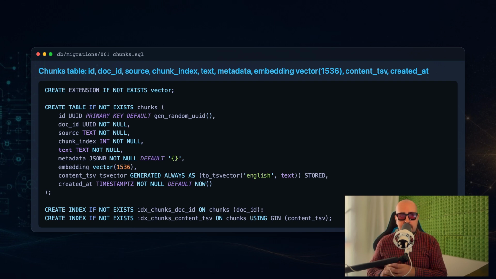Source is the file name. Chunk index is the order within the document, 0 for the first chunk, 1 for the second, and so on. Text is the actual chunk content. Metadata is a JSONB column where we store allowed roles for future access control, responsible for which user roles can see this chunk. Embedding is a vector with